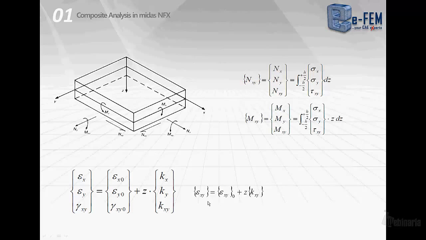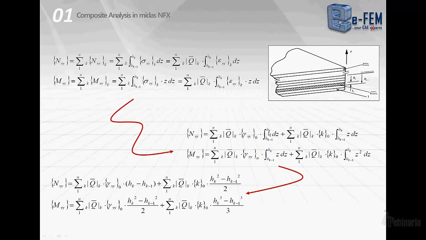This expression can be simplified in this way. If we then explode the term that gives the N and the M load components, we can integrate partially onto each lamina what happened to the complete thickness of the laminate. So we can divide the integration through the entire thickness of the laminate as the summation, as the sum of the single integration onto each